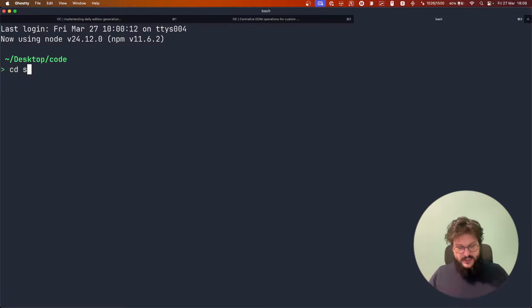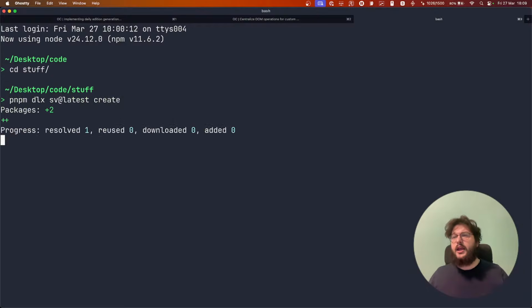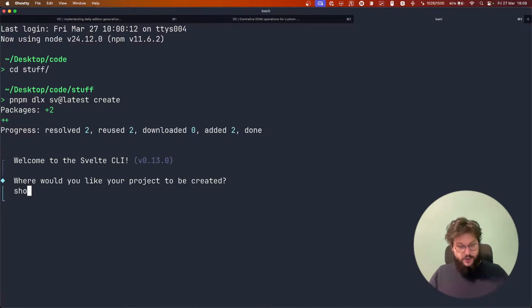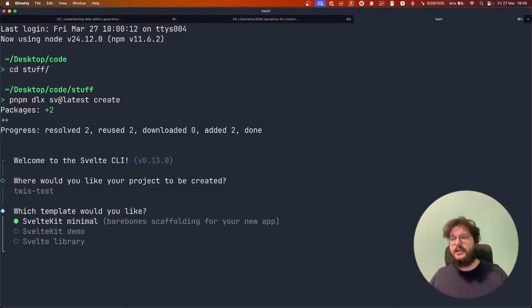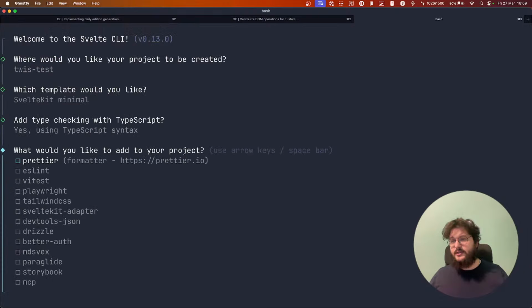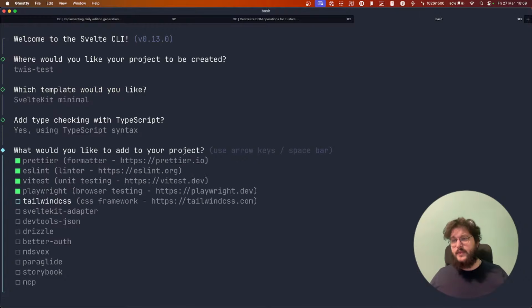So if I do cd stuff and I create a new project, we create this week in Svelte test, SvelteKit minimal, TypeScript. I don't need any of this really.